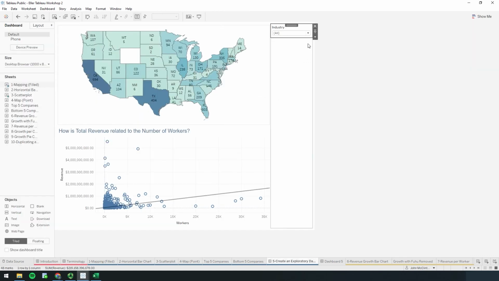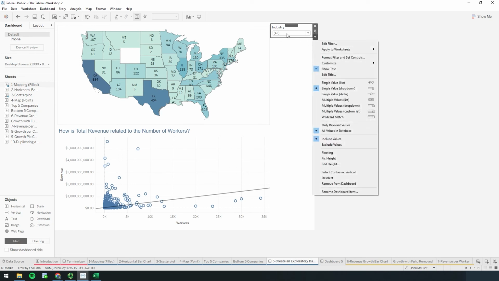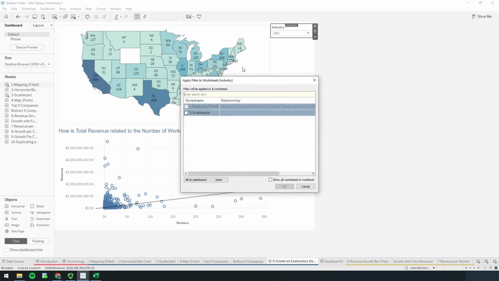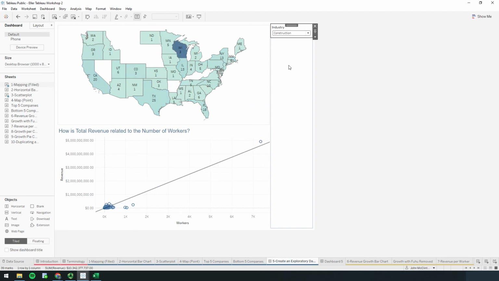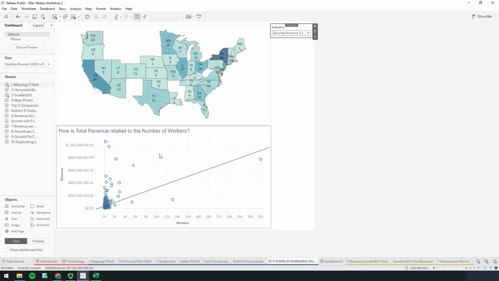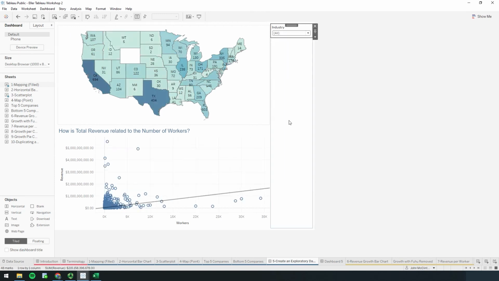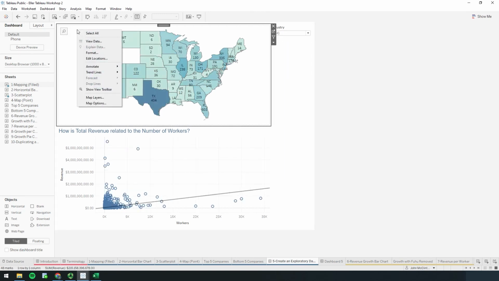Okay, so then what I can do is back on our dashboard here, if I click this drop down again for that filter, I'm going to cursor over this apply to worksheets, and it's default to be only the worksheet that it was tied to originally. But I can say selected worksheets, and I can choose the other visuals on this dashboard for it to apply to as well, and say okay. And now you'll see if I change this, the scatter plot and the map both change to show for that industry. And another cool thing I can do is